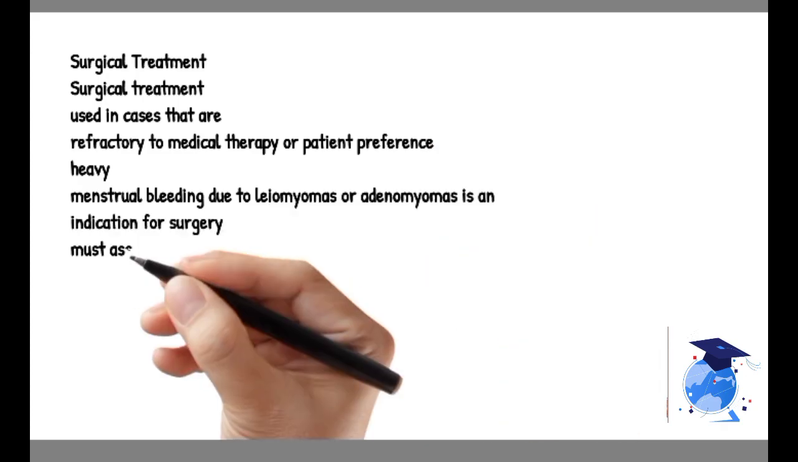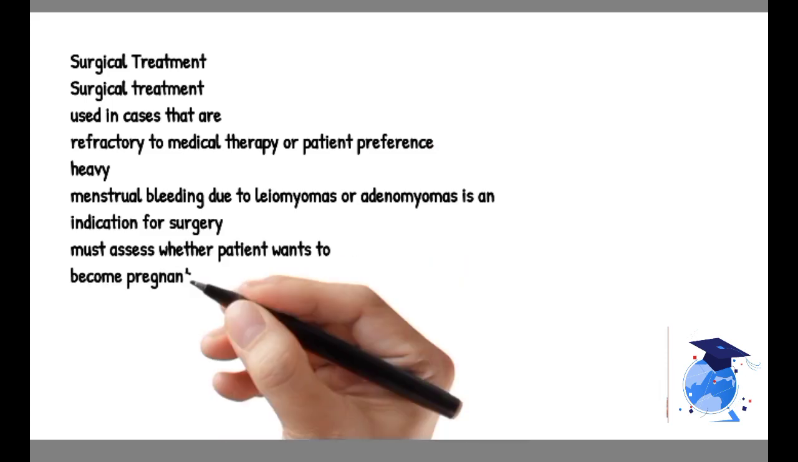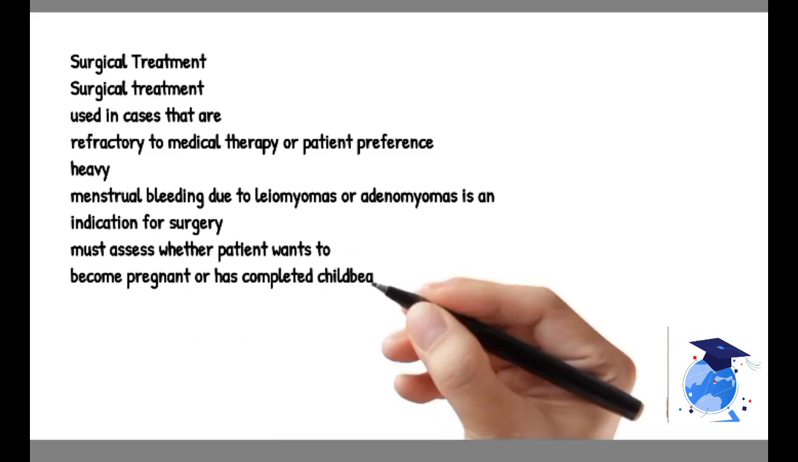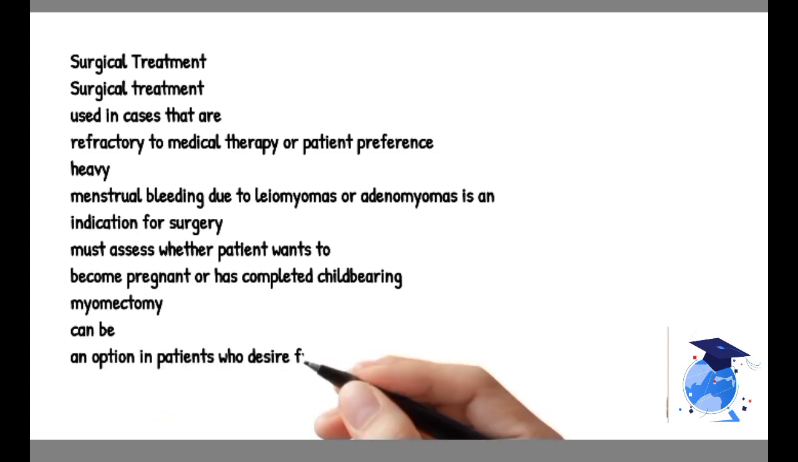However, one must assess whether the patient wants to become pregnant or has completed childbearing. Specific options include myomectomy, which can be an option in patients who desire future pregnancy. Other options include endometrial ablation